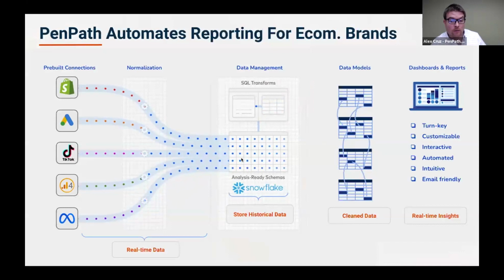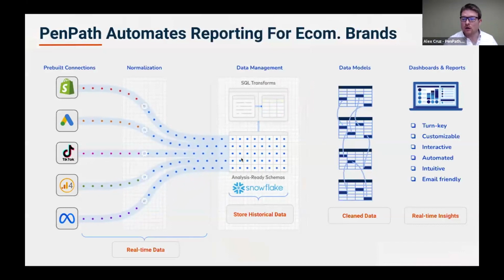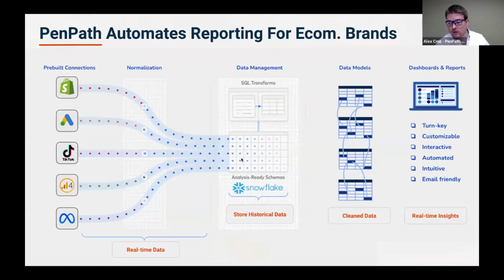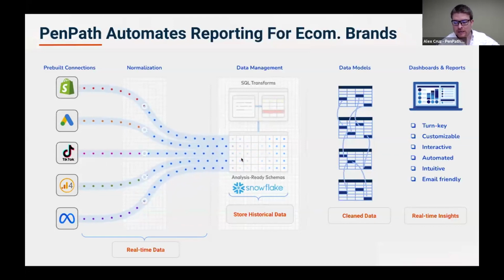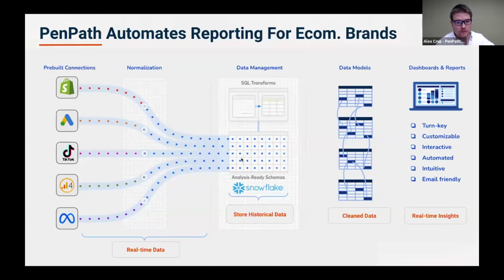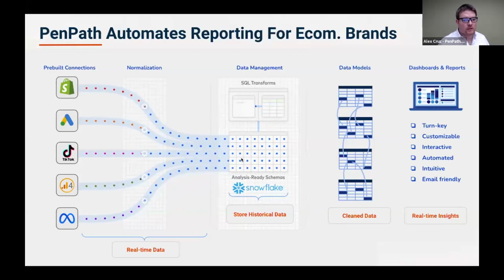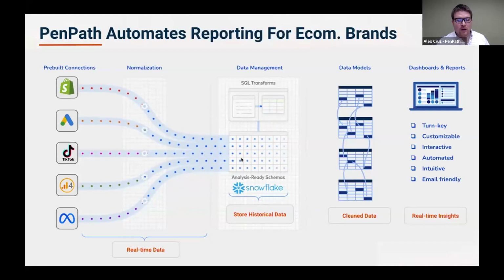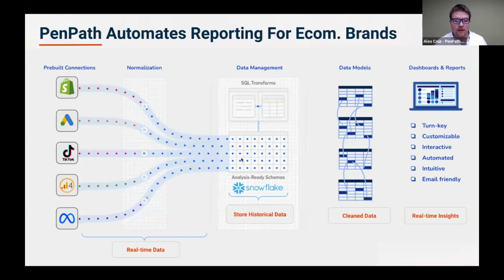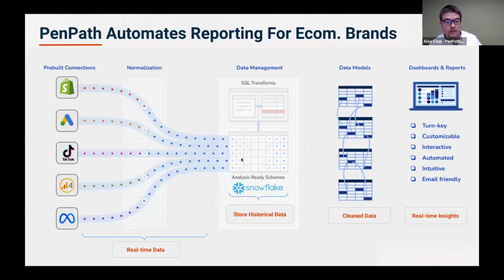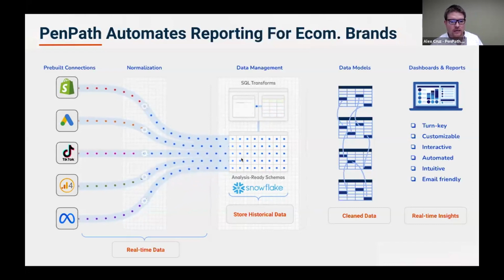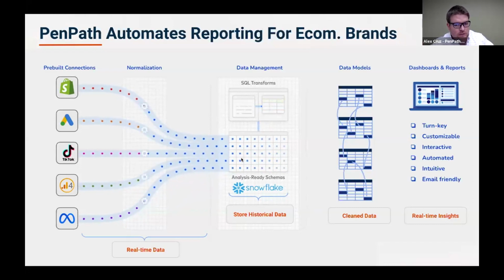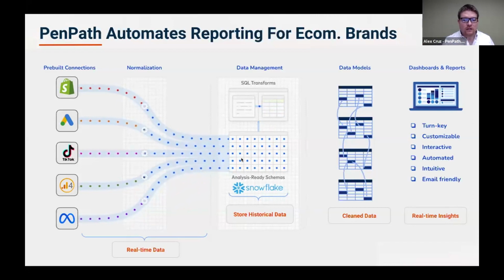And so our platform works in a manner where on the far left, we pull all the raw data from these platforms, right? And these are just a few of the many platforms we connect to. So we've had to understand how these platforms deliver that data, and we've had to understand how to make all that data work in aggregate and store it, and then how to eventually model it so that it can be visualized in dashboards and automated reports so that the end user can have those